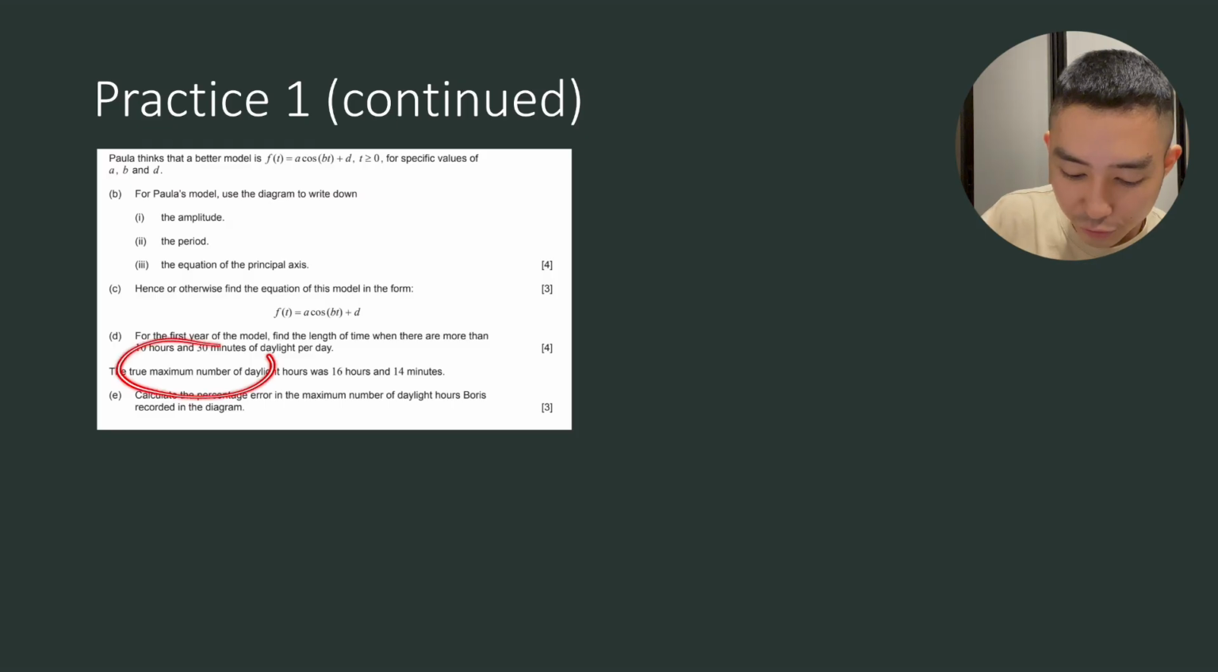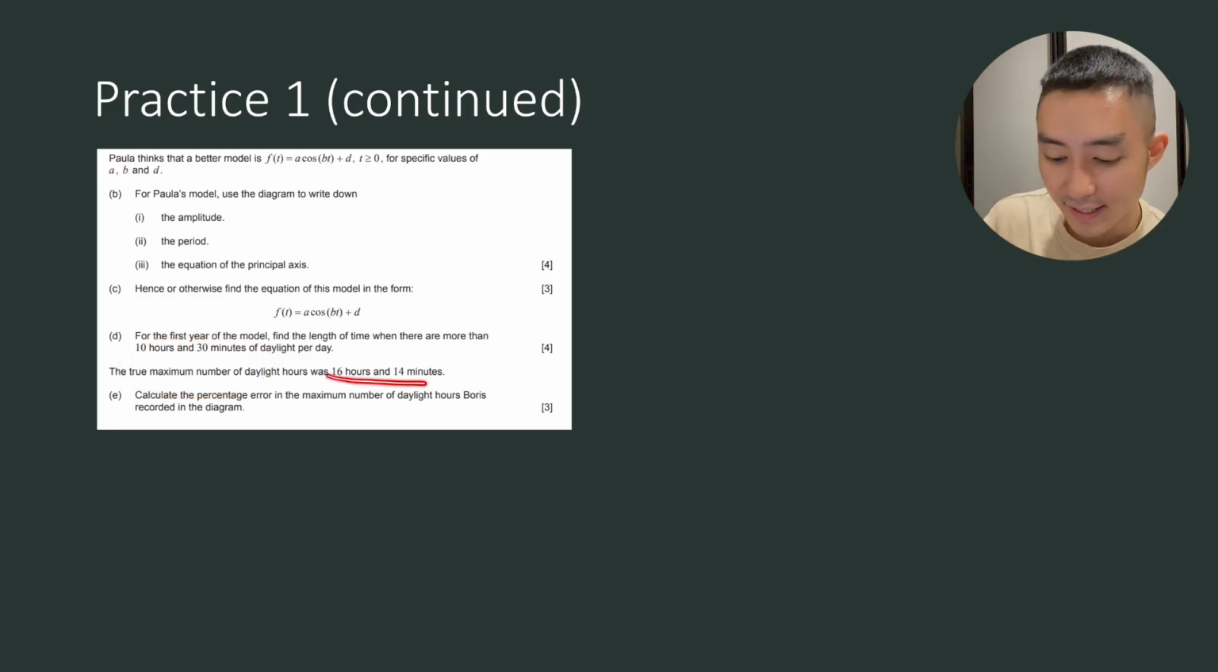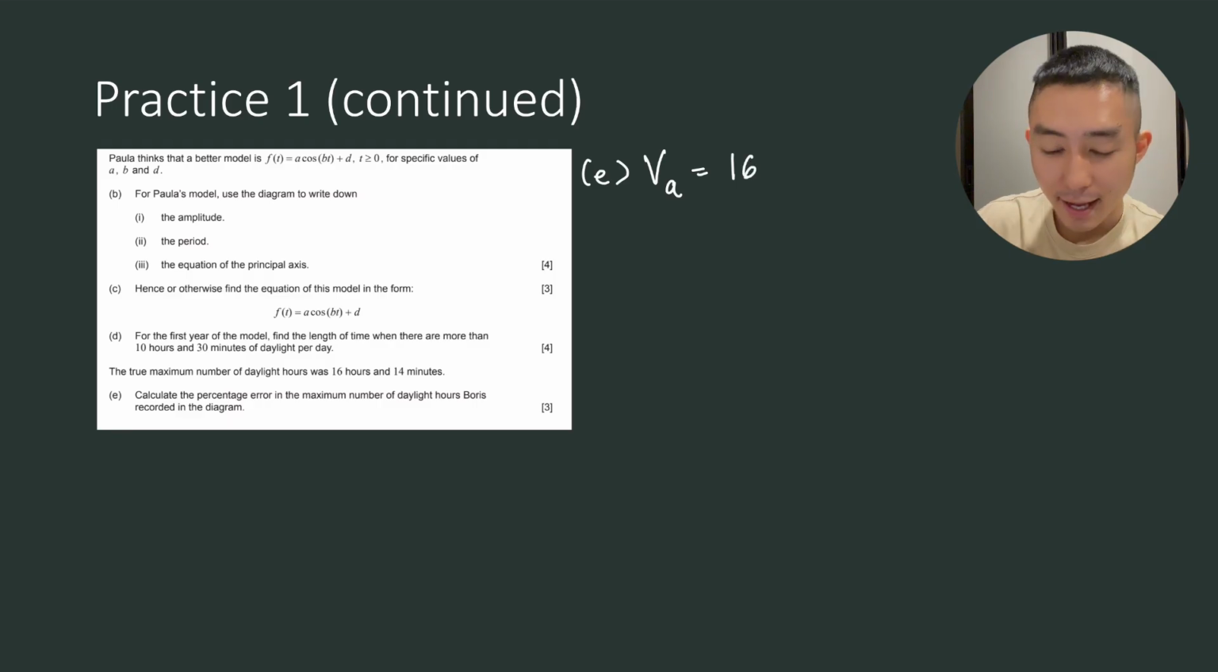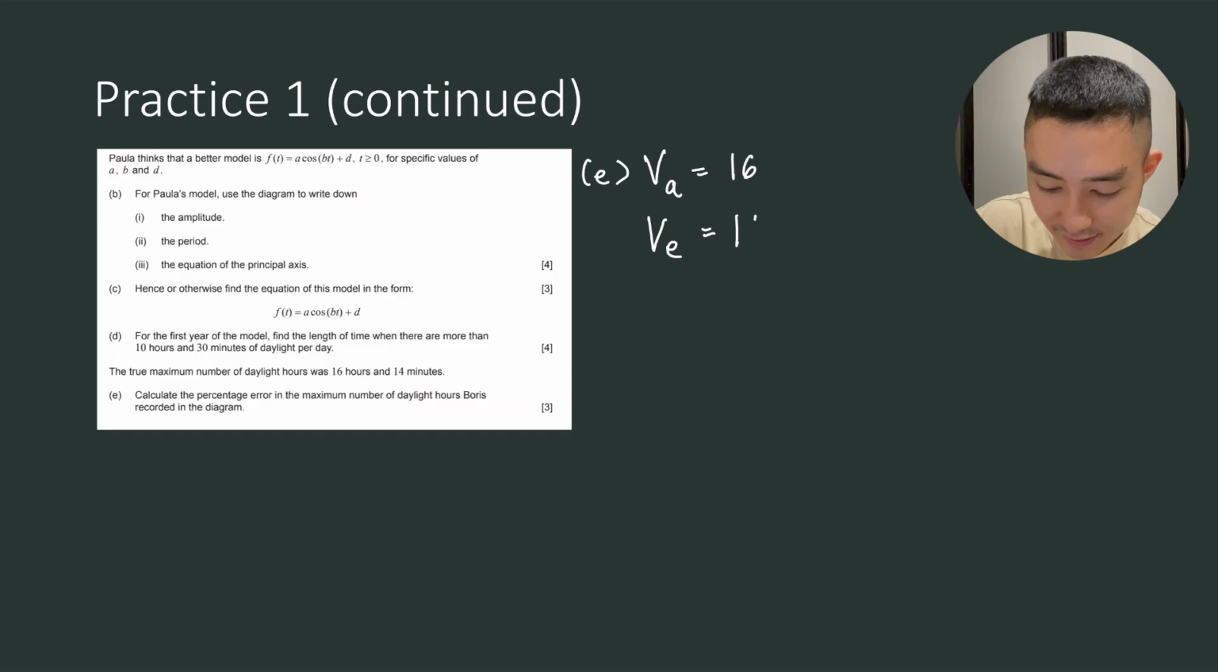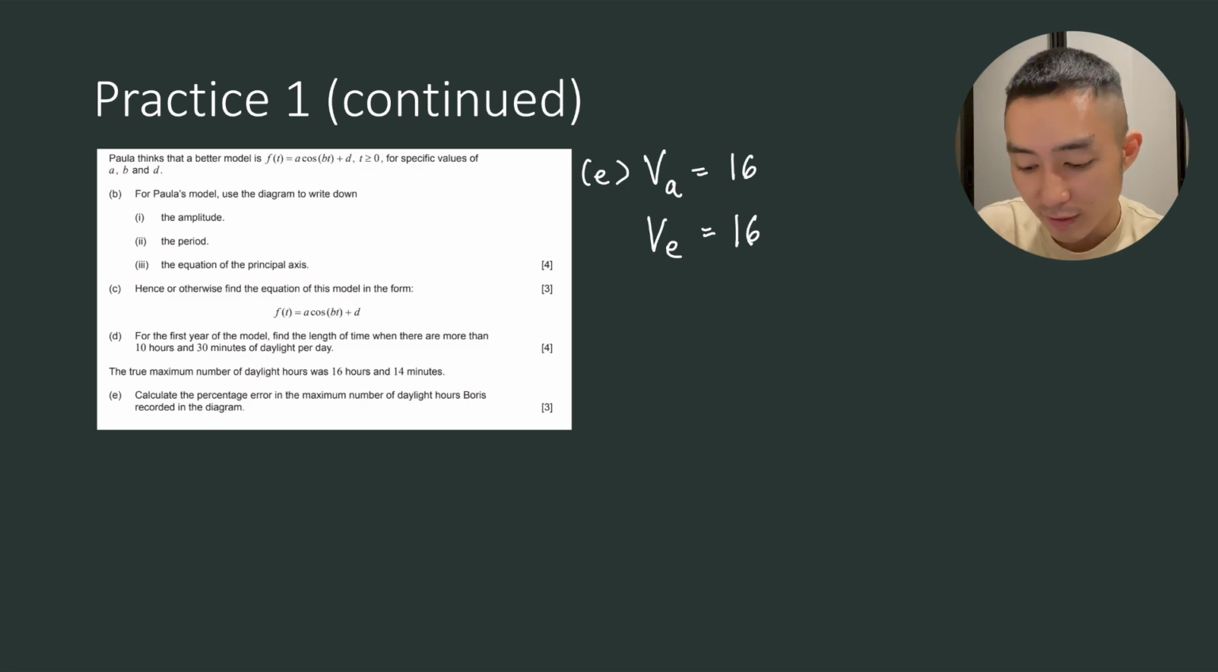So now we have the true maximum number of daylight is 16 hours and 14 minutes. So we need to calculate the percentage of error in the maximum number that Boris recorded in the diagram. So for E, we know that the value of approximation was 16, right? And now we get the information of the exact value at 16 hours 14 minutes. We need to convert that into hours first. And using GDC, convert that to decimal, it's